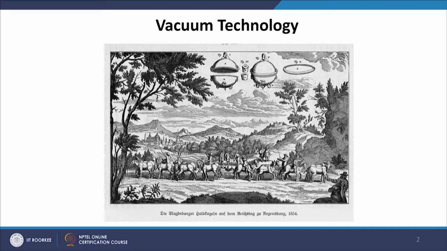In today's lecture and some subsequent lectures, we will learn about vacuum technology: what is the meaning of vacuum, what do we mean by high vacuum, low vacuum or medium vacuum, and how we can make the vacuum chamber. The idea of vacuum technology goes way back to the 17th or 18th century or even before that. But first we need to ask why we need the vacuum, and what we mean by vacuum.